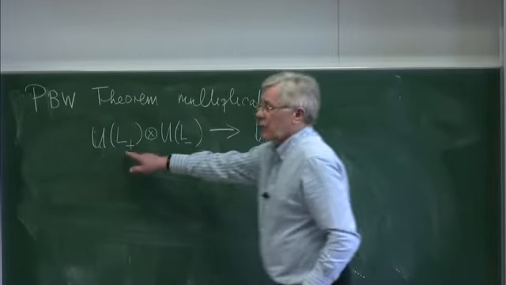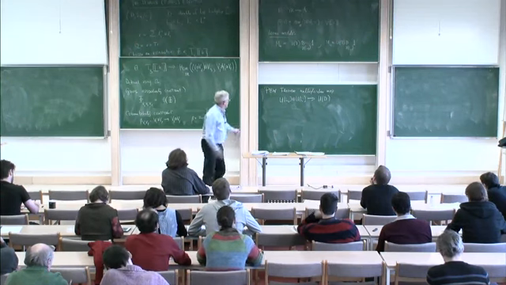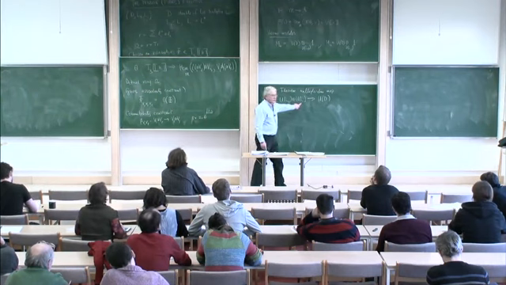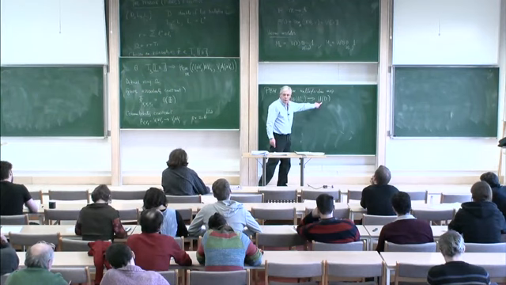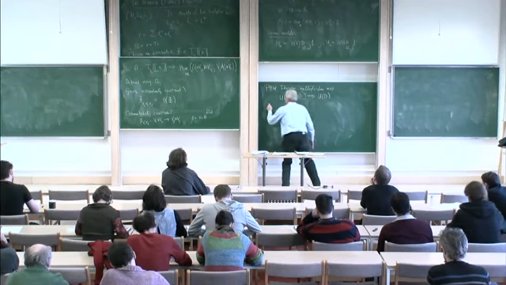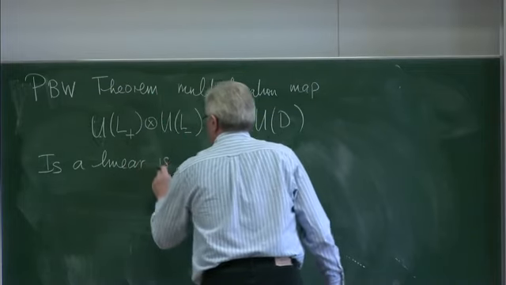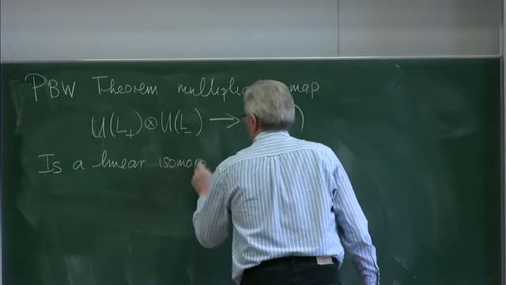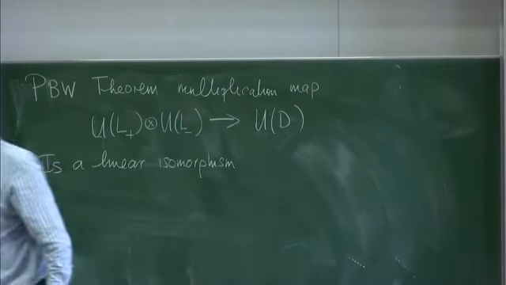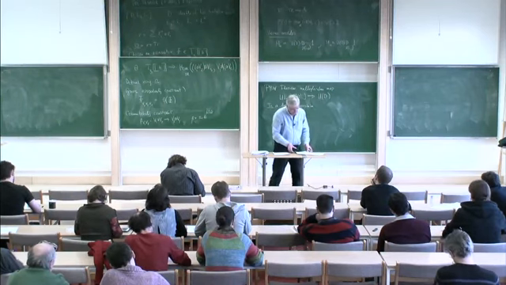I include this universal enveloping algebra into the universal enveloping algebra of D, this into the universal enveloping algebra of D, and multiply in the universal enveloping algebra of D. Right. This thing is a linear isomorphism. Remember, D, amongst other things, is the direct sum of those two subalgebras. And from this it follows